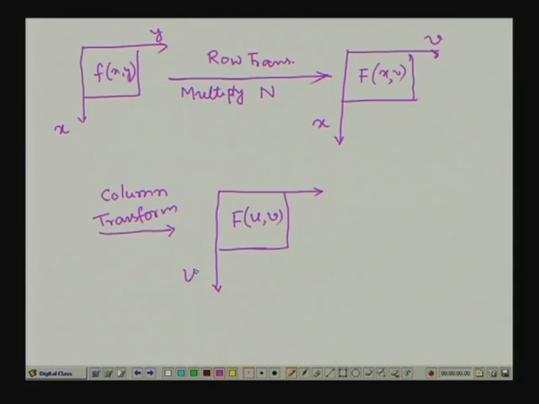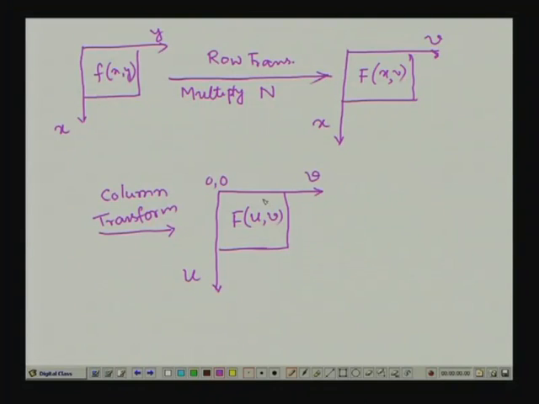So, this becomes my u axis, the frequency axis u, this becomes the frequency axis v, and of course, this is the origin 0 0. So, it shows that because of the separability property, now the implementation of the two-dimensional Fourier transformation has been simplified,